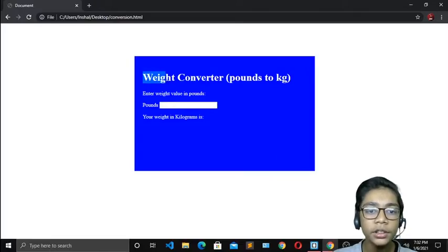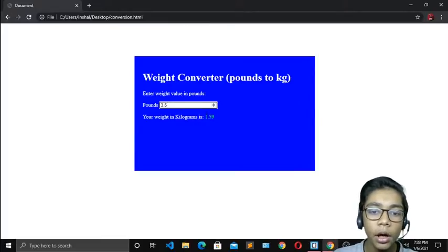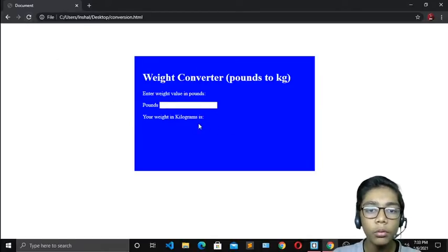Now over here you can see I've made this weight converter, pounds to kg. If you write any number of pounds here, it will come in kilograms. Our value will be shown in kilograms. If I write a value, it is not yet showing our weight in kilograms, but if I press enter, you can see now our weight is in kilograms. Here you can see 1.5 kilograms. If I write 3.5 pounds, it will come as 1.59 kilograms. So this is really a cool weight conversion project in JavaScript, and I hope you will enjoy it.